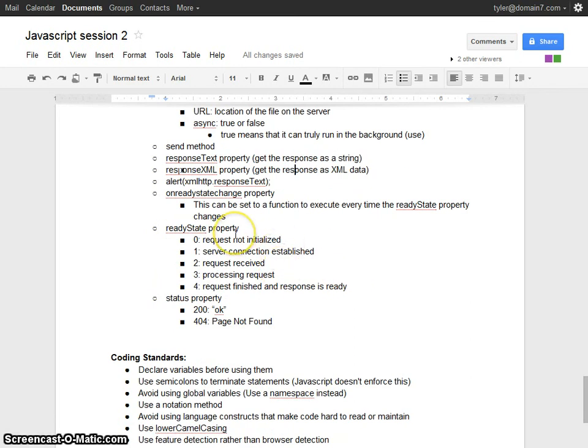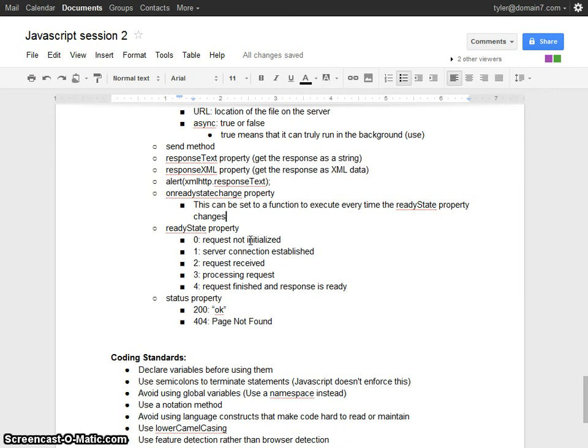The next thing that we can do is use the onreadystatechange property. What we can do with this property is tell it to execute a function. And that function will execute every time the ready state changes.